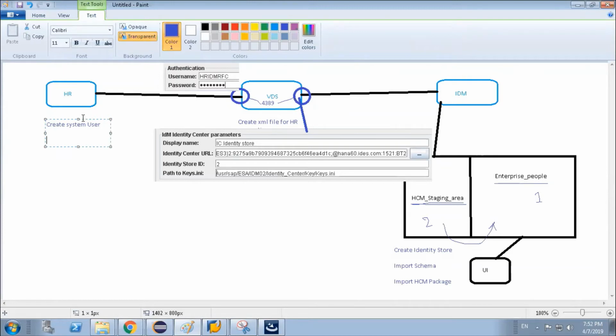But how will the IDM server know that it should point only to client 100? Client 100 means ECC, we have different clients, right? In ECC we have different clients, correct? How does VDS know that it should only point to the 100 client? That is the thing we have to configure in this HR area.